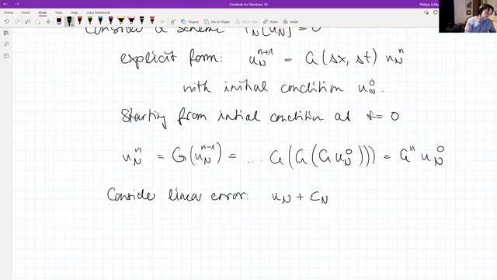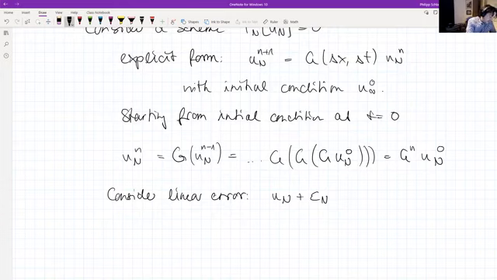And so I just say that this is epsilon n. And of course, now the question is, how do I time integrate this new equation, which is un plus epsilon n? Now it turns out, because this is linear,